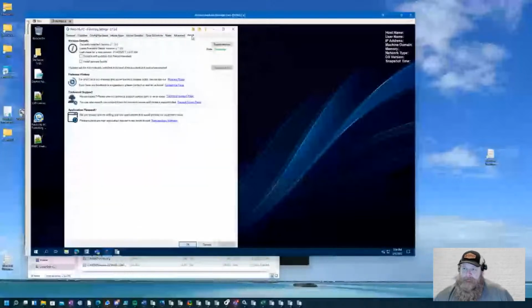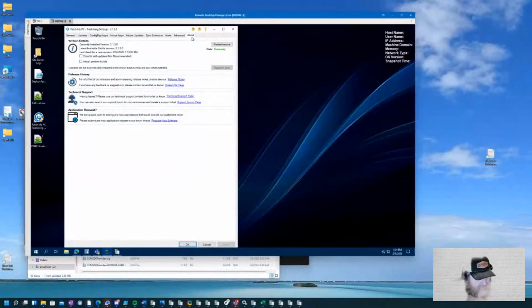is looking at the About tab. Normally the About tab is just telling you about the program, all the different features in there, but we have a nice little tool. We can restart the service from here. We're going to automatically update our publishing service for you, so we can really make that easier to have the most stable version out there. You could come in and install preview builds if you like living on the bleeding edge. I don't recommend it. I would really stay on the current path there,